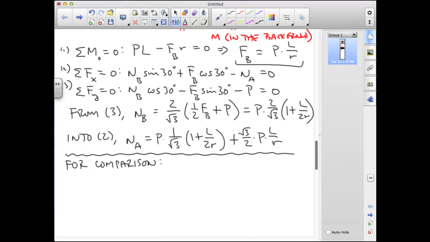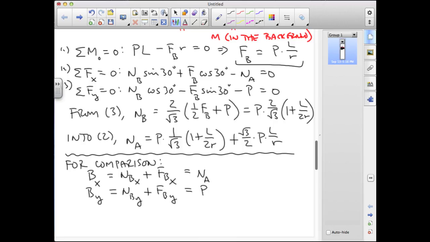And in particular, I'm going to focus on what's happening at the pin location B for reasons that will be apparent, I think, once we take a look at the three-force member approach. So I could write the x component of the force at B as the sum of the x components of the normal force plus the x component of the tangent force, and that sum also is equal to the normal force at A. I could similarly write that the y component of the force at B would be the sum of the y components of the normal force at B and the tangent force, and that this is equal to